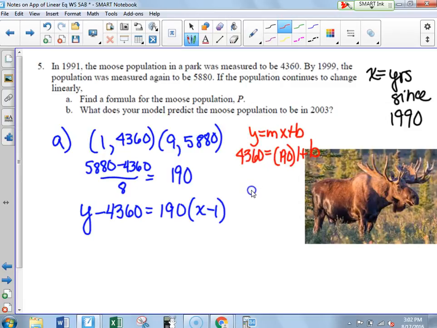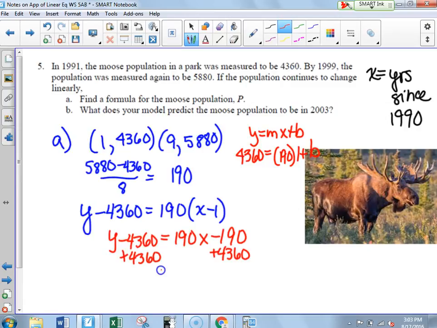So basically I'd just do 4360 minus 190 and that would be the b value. I do too, but there's times when students just get totally confused, and I find that if they just use point slope, they feel like there's a definite way to do it. When I start doing 2 or 3 methods, I get people confused. So I don't mind showing you, but